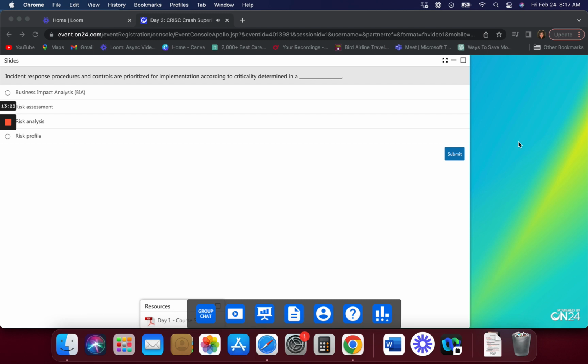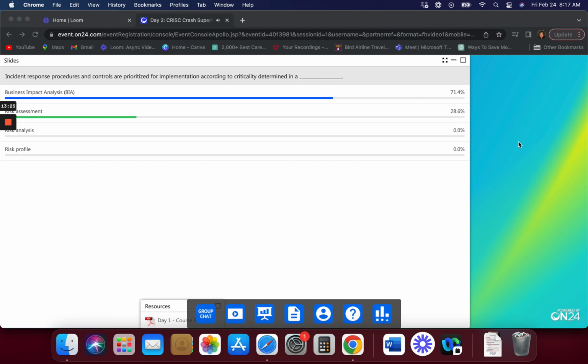And what did we end up with? Business impact analysis. Risk assessment. Yeah, I know it sounds good, but that isn't what was said on the previous slide. Come on. Remember, I said, remember it the way that ISACA wants to see it, and this is the way that they want to see it. By the way, remember, risk is measured in impact. And so if we're going to prioritize, we'll prioritize according to that impact. And we determine that impact in a business impact analysis. So that's why that would be the correct answer for ISACA.